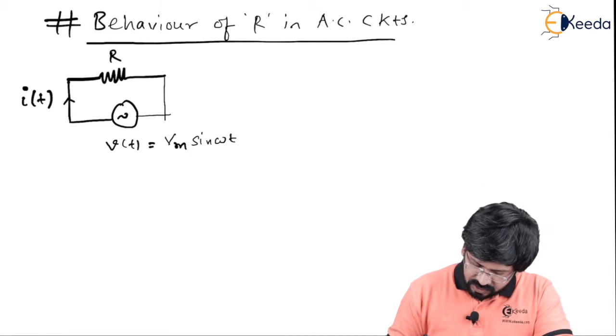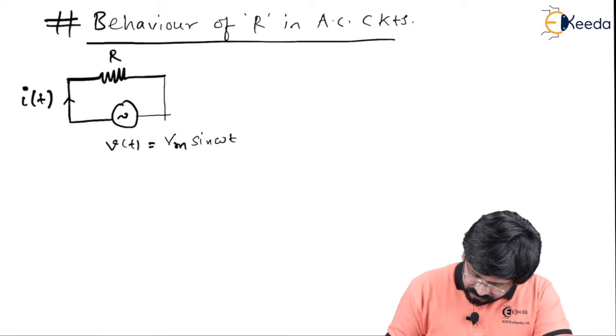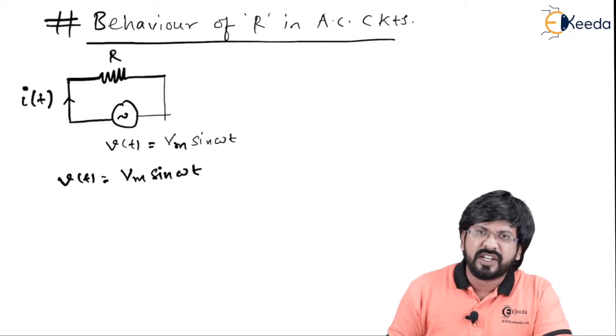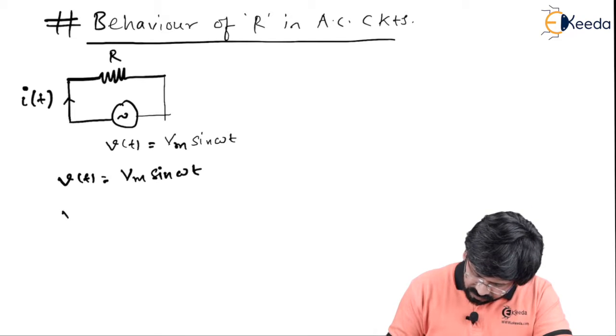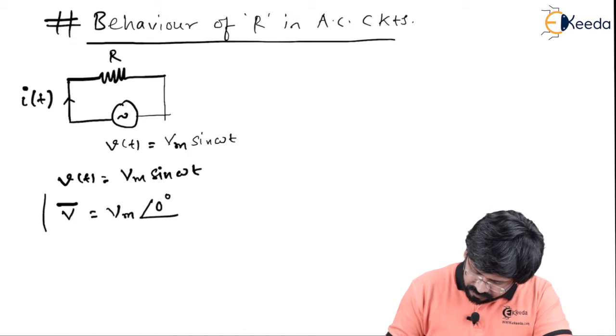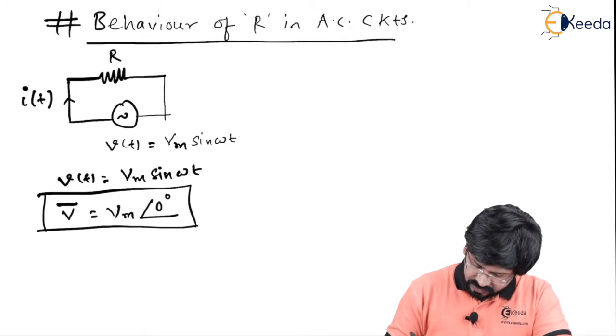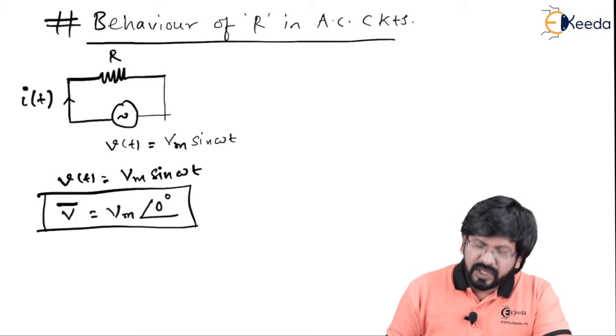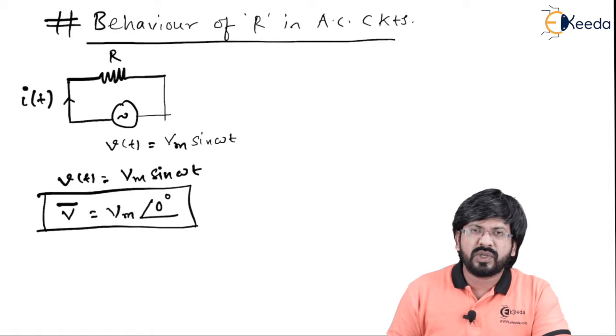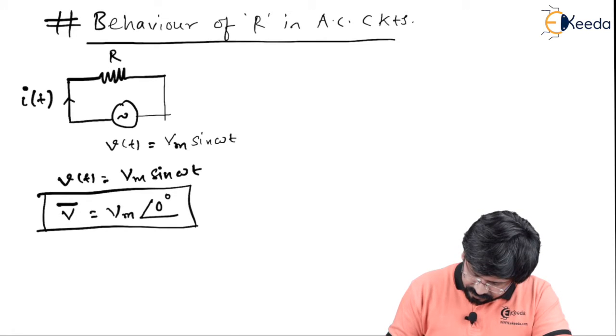Now we will see V of t, which is Vm sine of omega t, can be written in polar form like this: V vector as magnitude Vm at an angle of 0 degree. So this is the V vector. If V of t is known to you as well as R is known to you, it is easy to calculate I of t just by applying Ohm's law. So by Ohm's law,